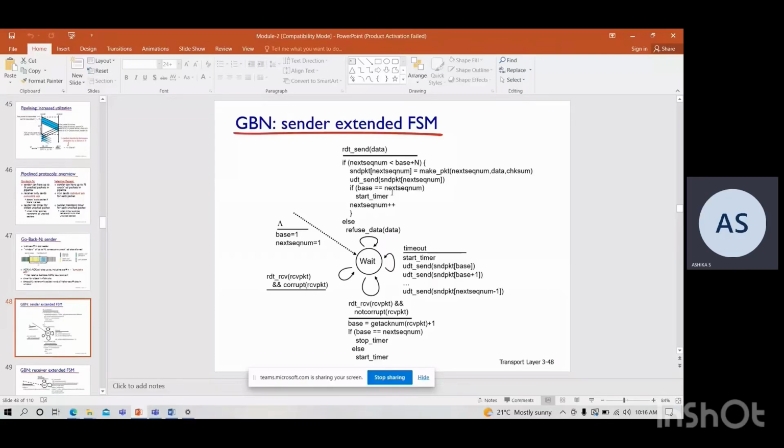to that particular sliding window, right? Then you need to give the start timer, for which you are going to give the start timer the oldest packet. Oldest packet in the sense the first packet which you are going to pass. So you are going to give the start timer, and also